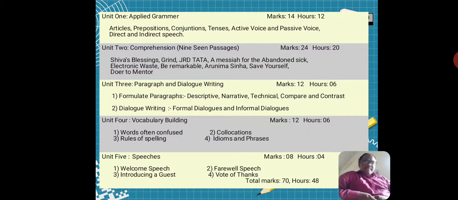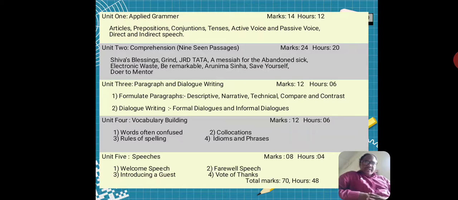The titles of the seen passages are Shiva's Blessings, Grind, Biography of J.R.D. Tata, A Messiah for the Abandoned Sikh, Electronic West, Be Remarkable, Biography of Arunima Sinha, Save Yourself, and Dare to Mentor.